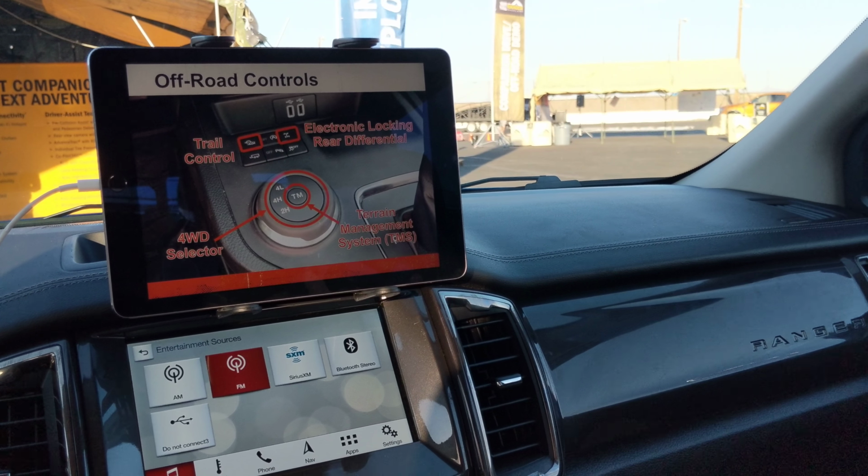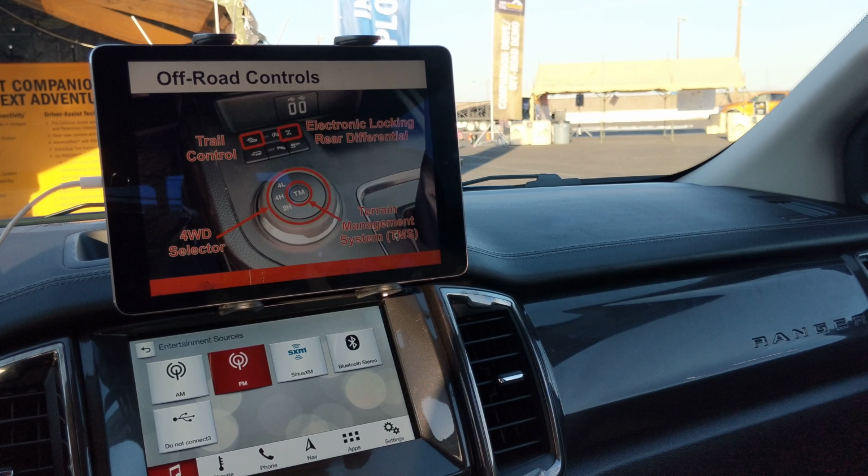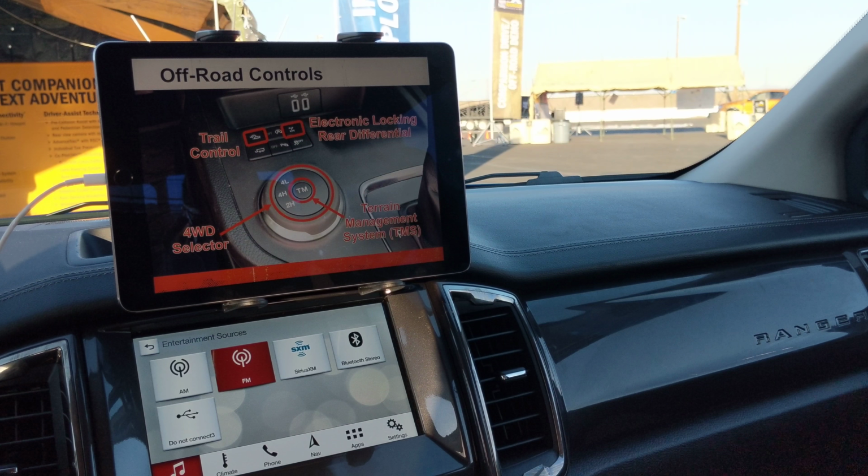All right. Going forward, you have off-road controls. Put your arm on the armrest and then place your hand down naturally, and it comes